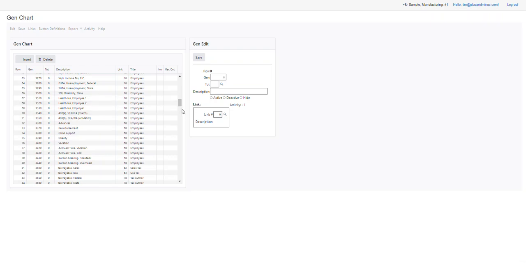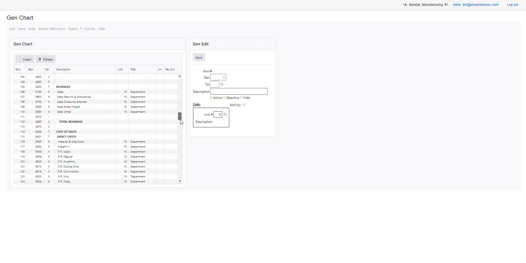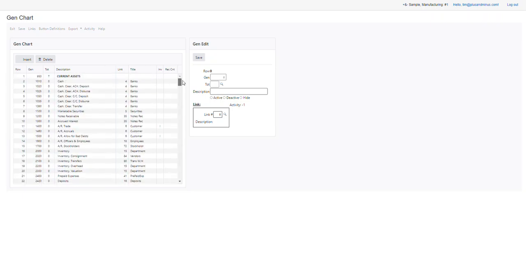Finally, you get down to the P&L section, and what we do here is we have a set. In this case, it's called departments. This is their profit center. This is a perfume company, and we can report by location, and it has Houston, Atlanta, and LA. Also, we can report by product, and then we can report by product by location. And we show you this in one of the other videos. So let me exit the Gen chart, and